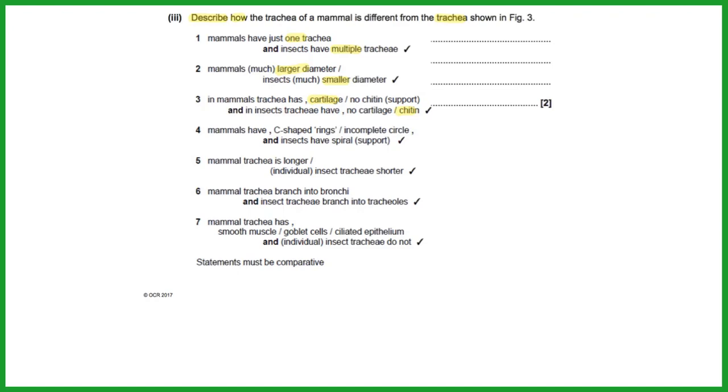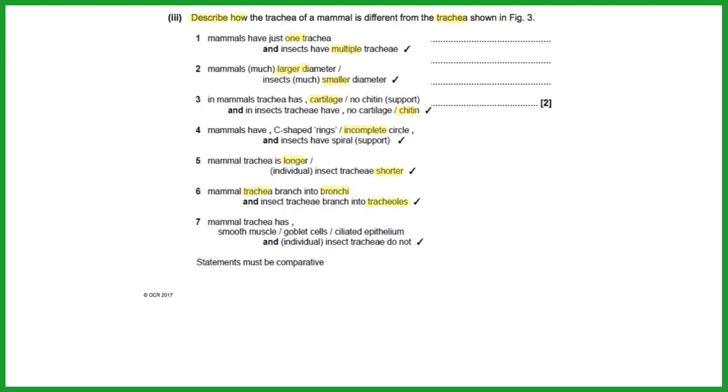Mammals have a C-shaped ring of cartilage because behind that you have the esophagus, so it enables you to swallow food, so it's an incomplete circle, whereas insects have a spiral support which runs continuously around the whole tube. Mammalian trachea are much longer, individual insect trachea are shorter. The trachea in mammals branch into bronchi. You've got 2 bronchi going to each of your 2 lungs, one into each lung,